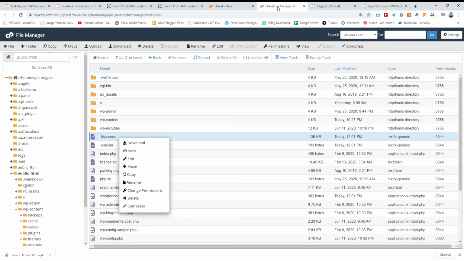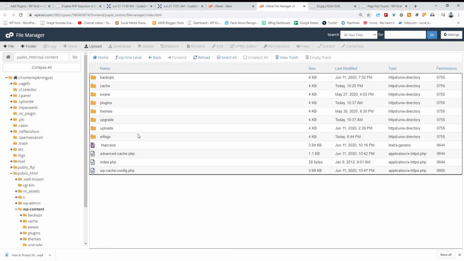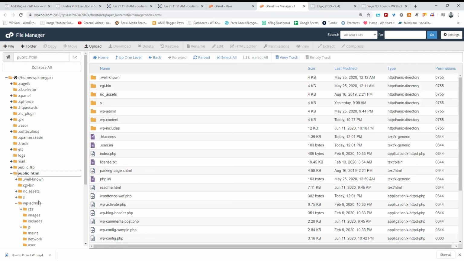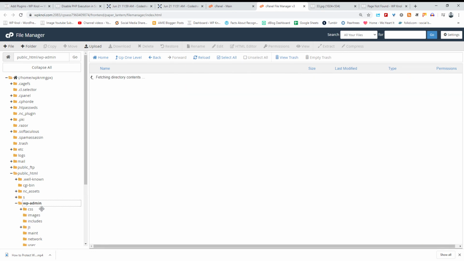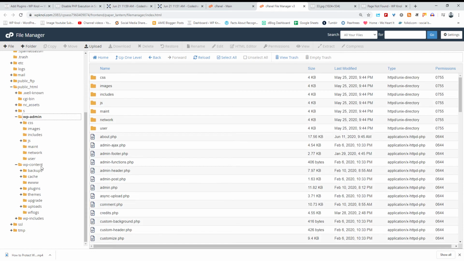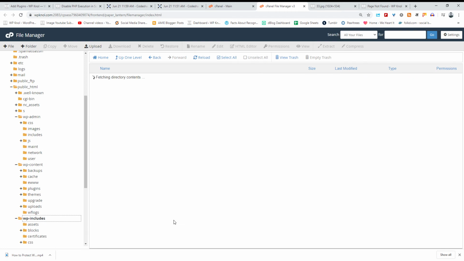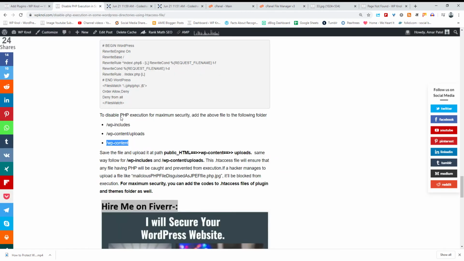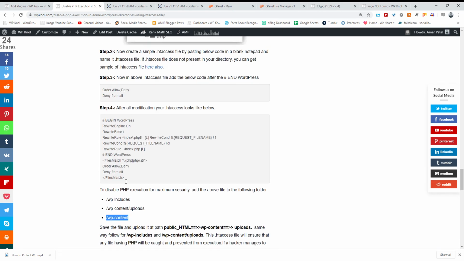So if you go to your folder structure, if I go to wp-content, I will get a .htaccess file here. In the public_html folder there are wp-admin, wp-content and wp-includes. In wp-includes you will get the .htaccess file. If you want to lock the remaining folders, you have to add the same piece of code there.